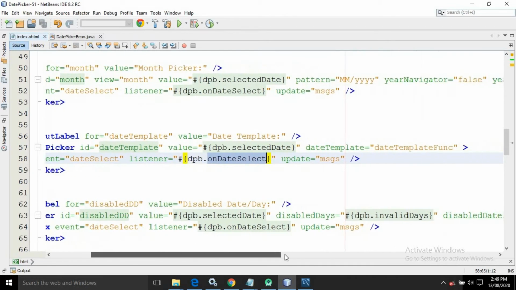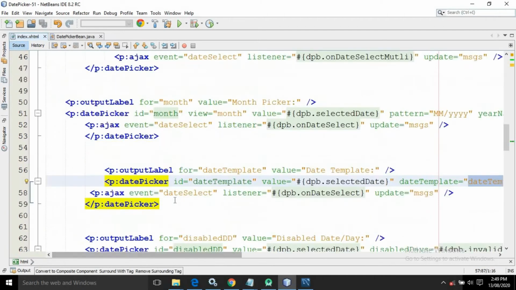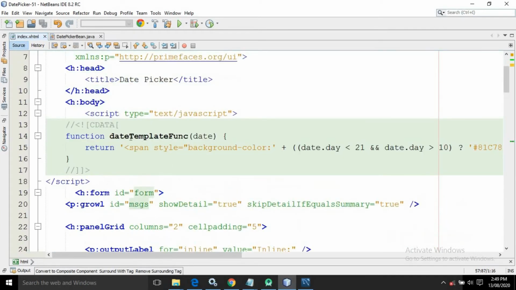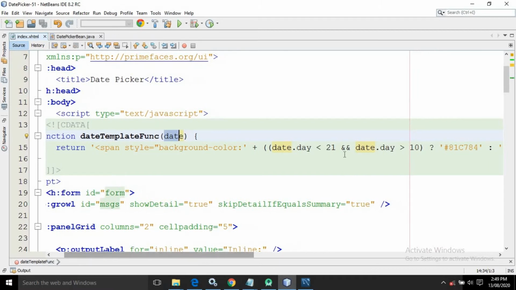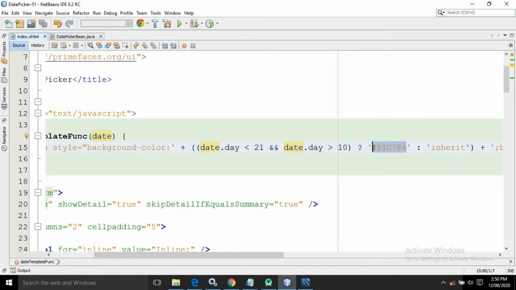Now here it has a new attribute which is called dateTemplate. In the dateTemplate, which function am I calling? I am calling dateTemplateFunc. This is the function which I have defined in this script tag. As you can see, dateTemplateFunc takes the date as a parameter. What is this function doing? The date which is less than 21 and greater than 10 will be displayed in this color, and the rest of the dates will be displayed as per the normal CSS, the default CSS for